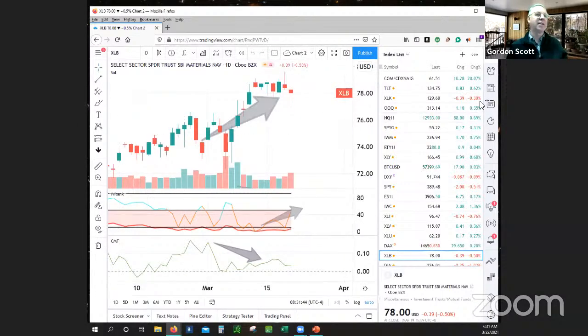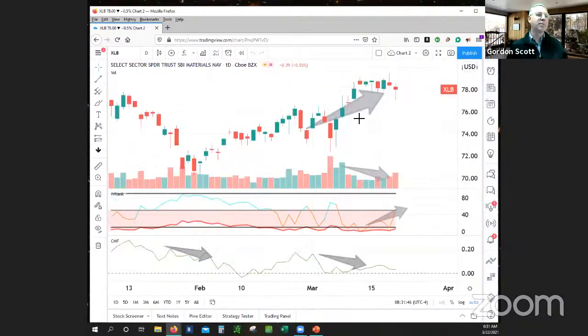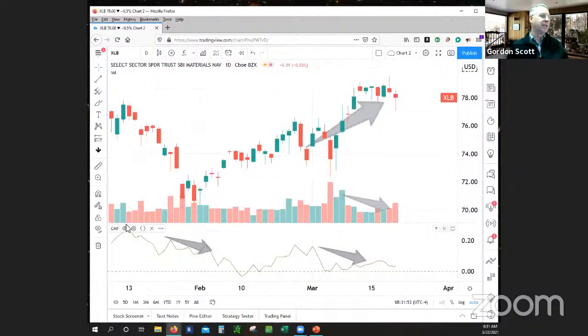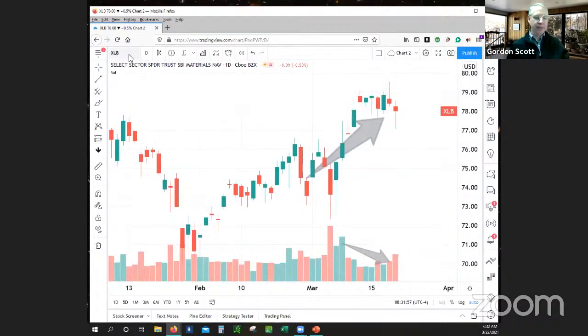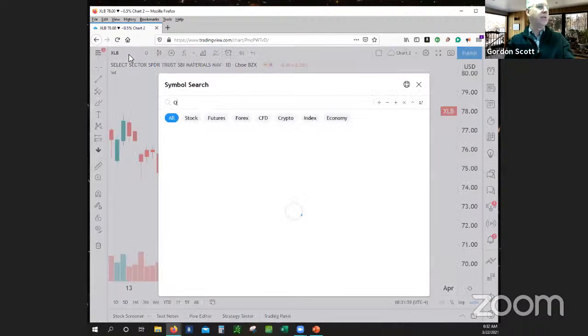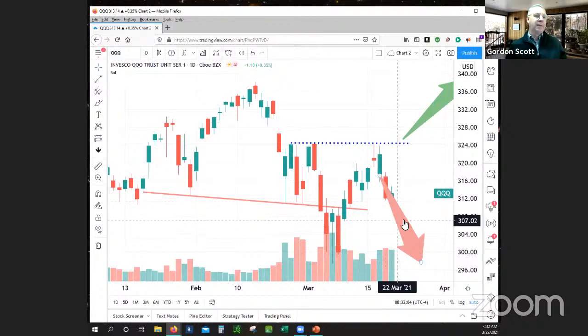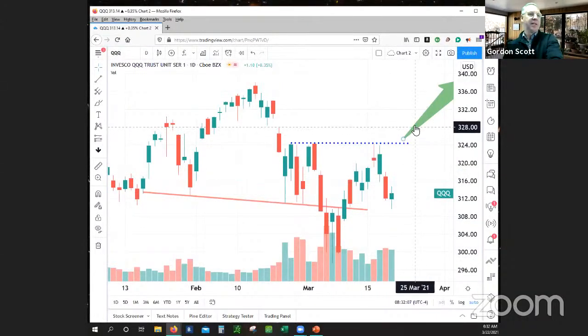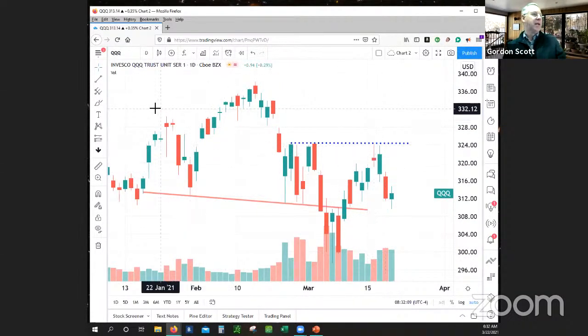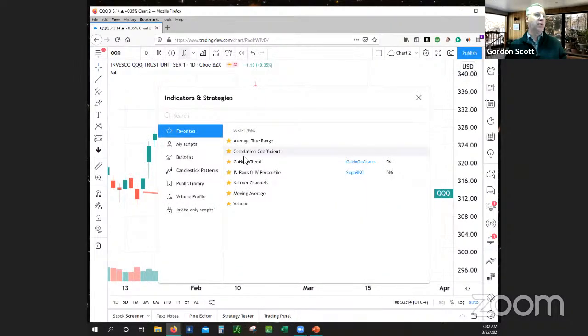Let me see if I can get this going. We'll get this one closed. We'll get the implied volatility rank. We'll bring that one back a little bit later, but the money flow is gone. And let's get straight to QQQ, the Nasdaq 100. Delete these arrows out of the way, and we'll put on the Go No Go trend. The Go No Go trend is the free indicator. He's got some